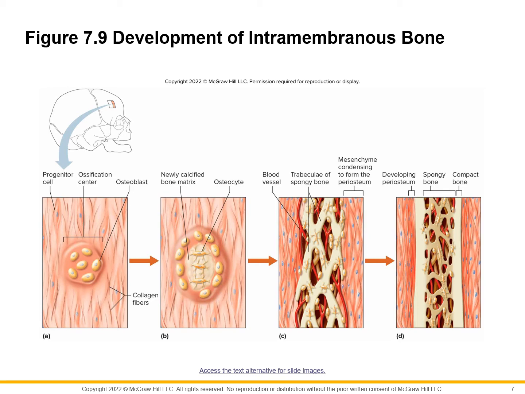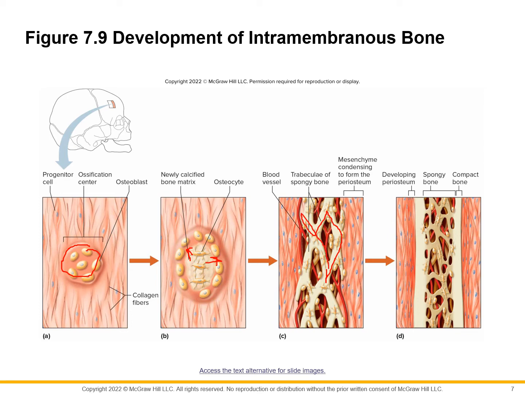flat bones. We're going to have membranes, connective tissue membranes, which these osteoblasts, as you see right in here, will get in the middle of, and they will start working from the middle and moving outward. And as they're doing this, they're turning this middle part into bone and then pushing the membrane outward. So as they continue to do that, the bone ends up being on these little strands, these webs, which we